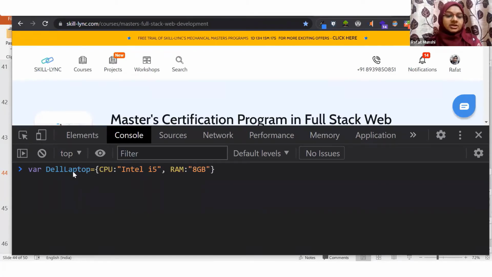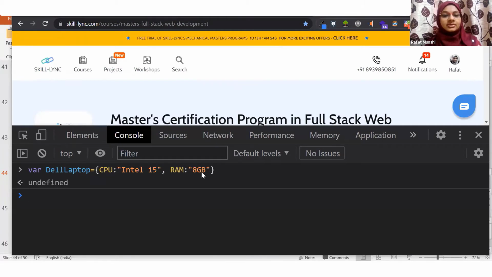Okay, let's keep it this much. So now, as you can see, it is not like an array. An array begins and ends with a square bracket, right? An object begins and ends with a curly bracket. And an array only has one thing, which can be identified with the index. An object has multiple things which can be identified with the name you have given.